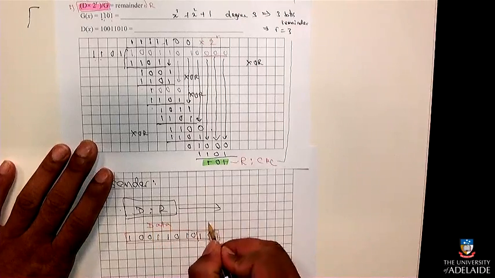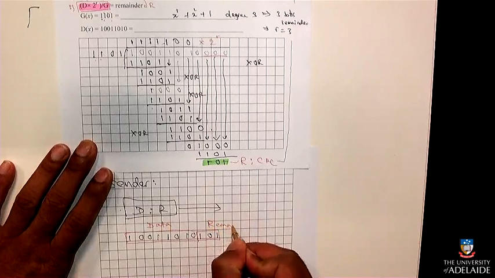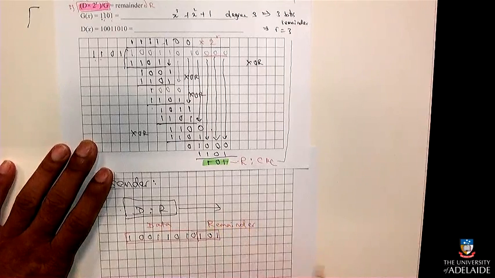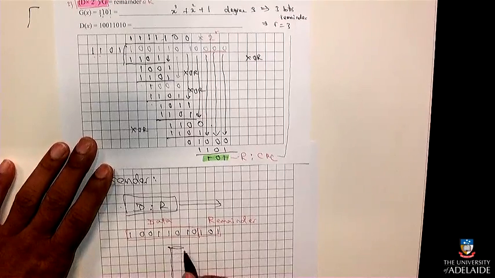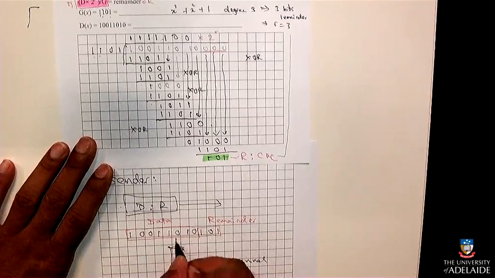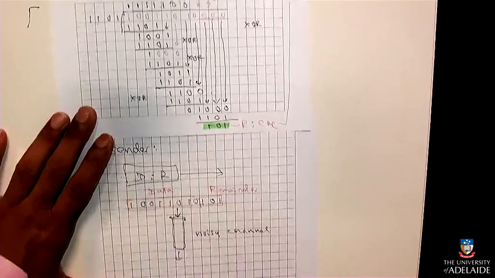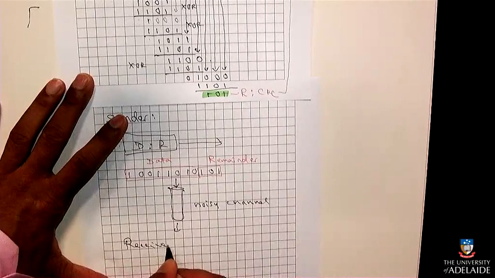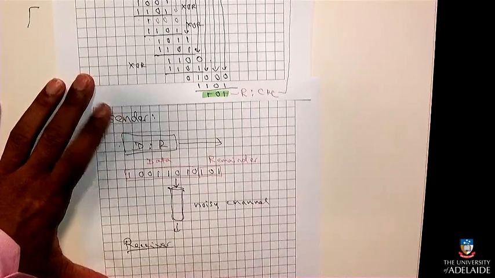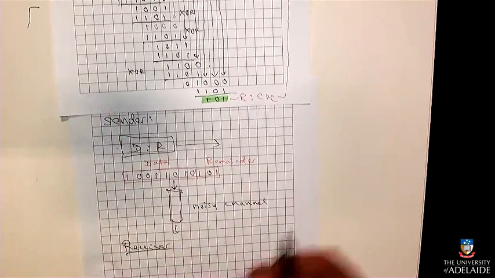So this is your remainder. Now, this may go down the noisy channel, and you have a receiver. So what do you guys